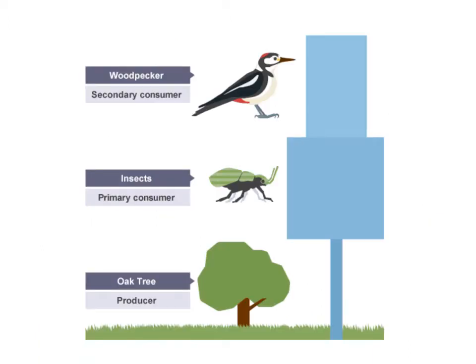Okay, so if you think about this example here, an oak tree is a very large organism, and it can sustain many insects eating it, so many primary consumers. And then again, those primary consumers in number can sustain fewer secondary consumers. So you get this kind of weird inversion here at the bottom. So it's better if you can, but it takes a little bit longer, to consider biomass instead, because biomass takes into account the size of the organism.